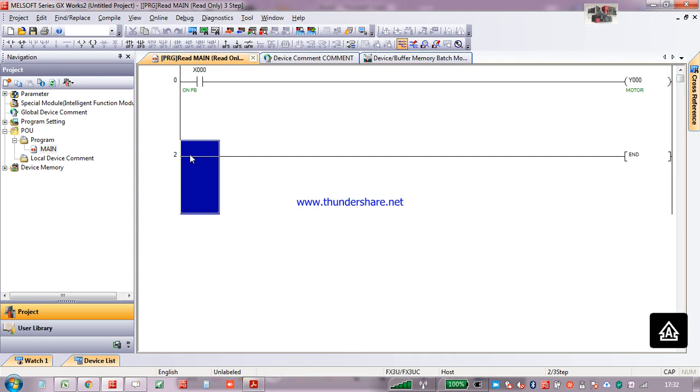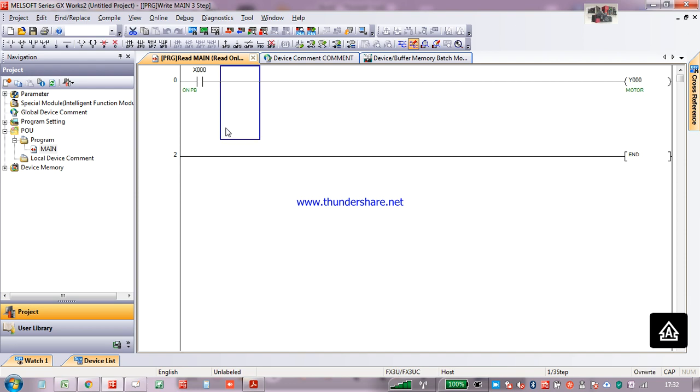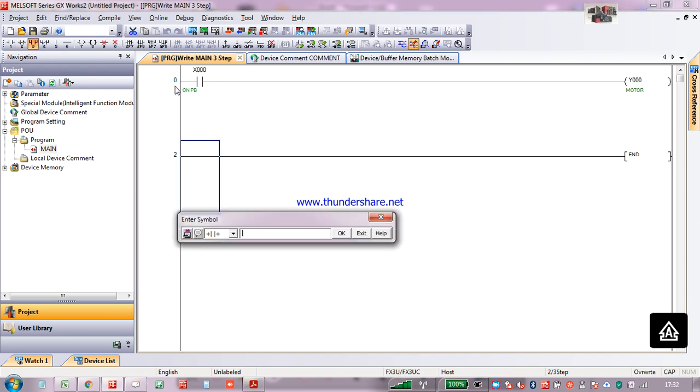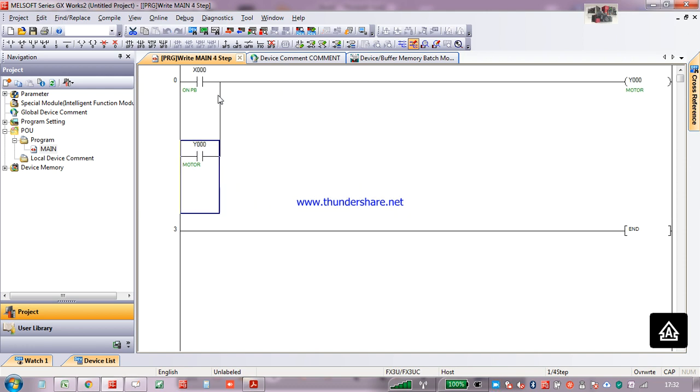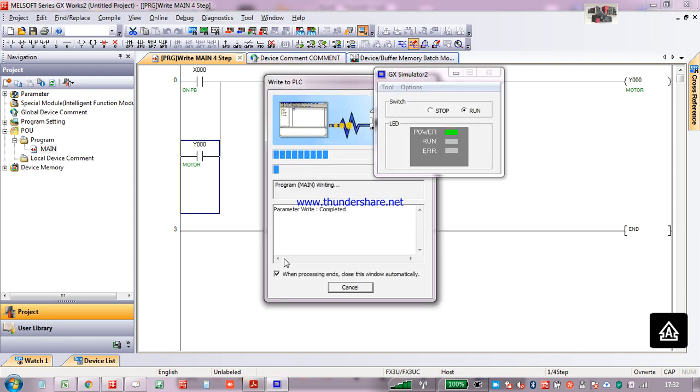So that holding we can put like this. Where do we need to add the holding? Here. What is the holding register address? What we need to put is Y0. So if Y0 is turned on, it will be holding through this holding register. So now if we run it,